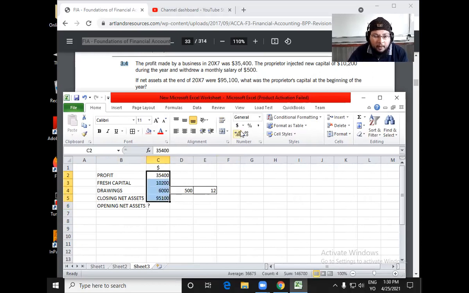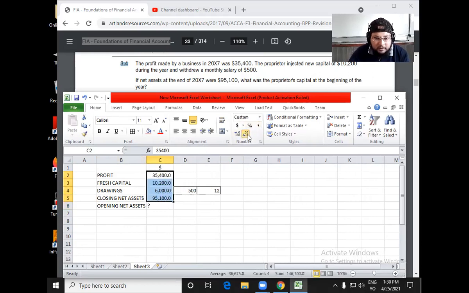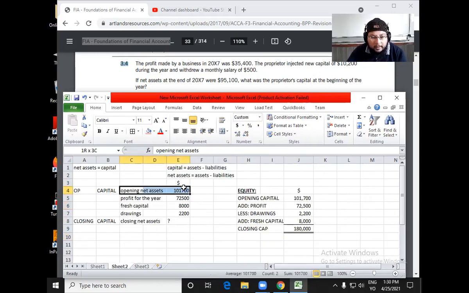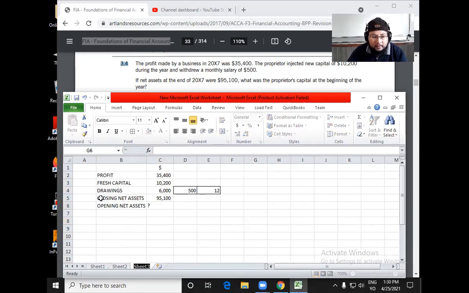Okay. Now, what is the difference basically in this question and the previous question? The difference is that in the previous question, opening net assets were given, as you can see here, and we were required to find out the closing net assets. And this question, it has provided the closing net assets, and it is asking us to calculate the opening net assets. And the second variation which you can find in this question is that they have provided monthly drawings, and